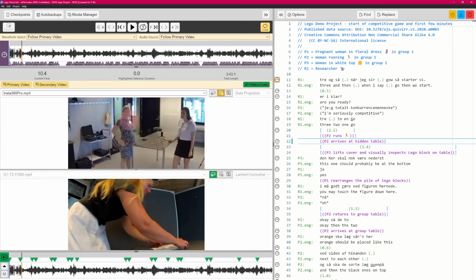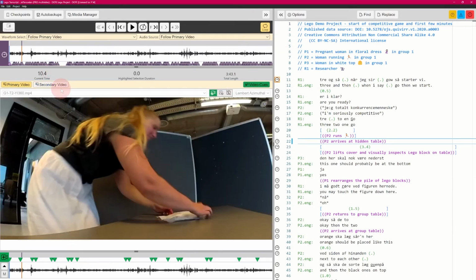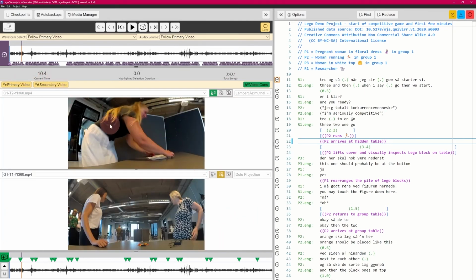So I track it on here, and here's my primary view. Or I can go back to looking at it on this panel for whatever reason. Maybe I want to turn off this video and only look here at this one in detail. So I have a lot of possibilities about how to structure how I'm going to view my data, whether it's a single video that I have and then I can look at different parts of a single video, or I have multiple video cameras recording at the same time. So this is very powerful,